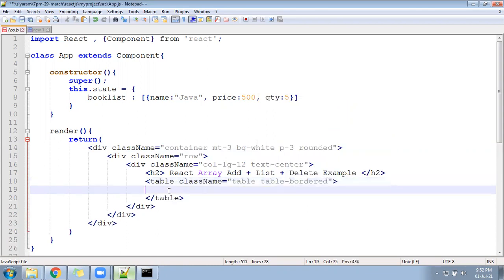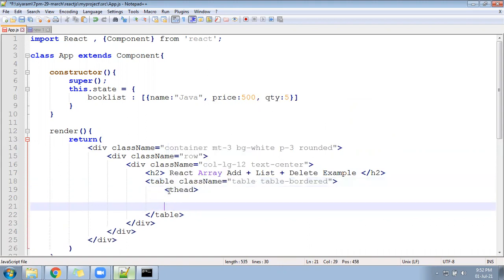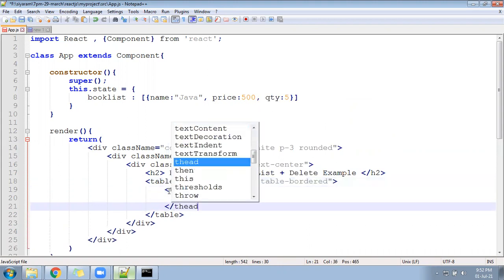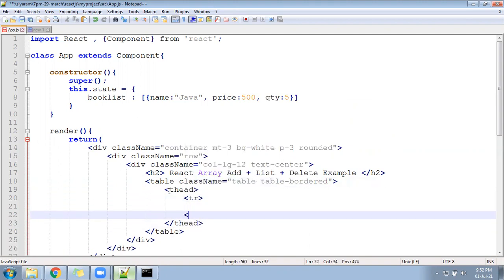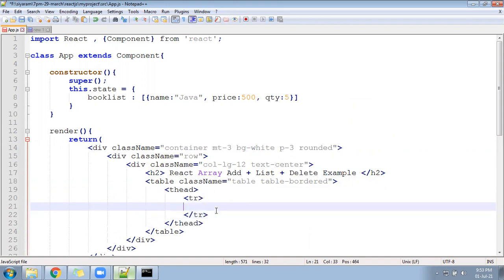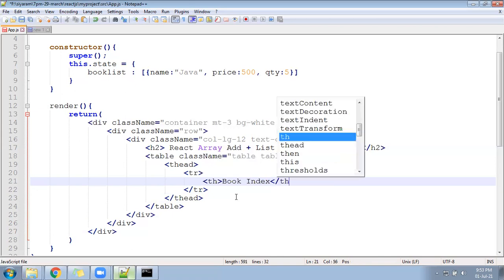After that, I'll follow thead, and thead I will be closing. Right, I will go ahead with the tr and I'll close the tr as well. Next I will follow the th here. So first I'll write book index. Book index. Let me close the th.